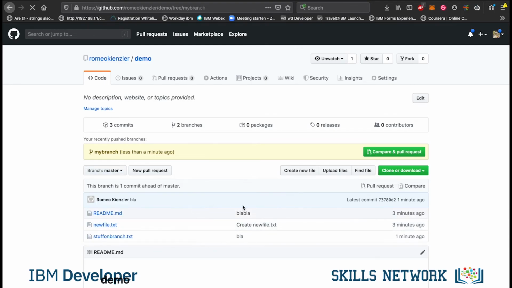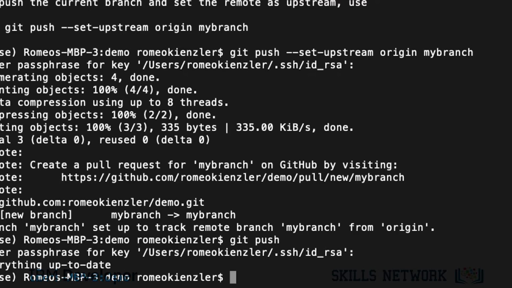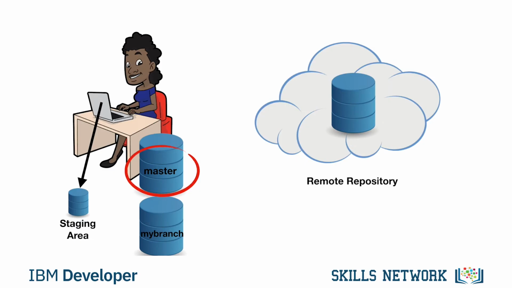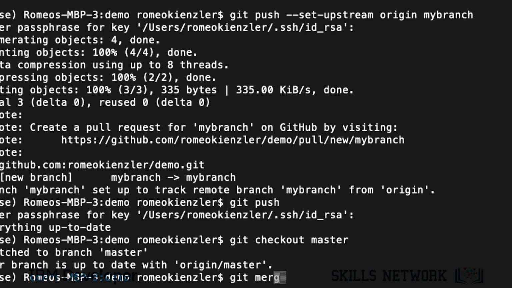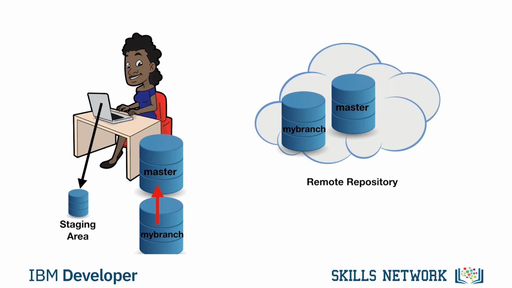Okay, so what we do now here is we switch back to the main branch. So that's git checkout master, and then we say git merge my branch. So this has been automatically merged.